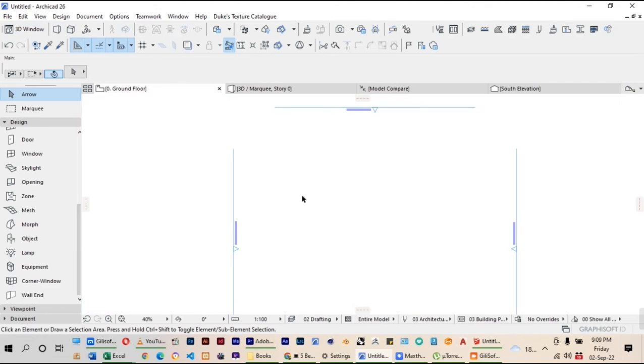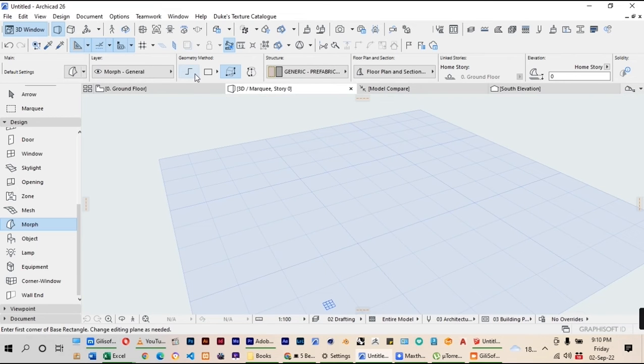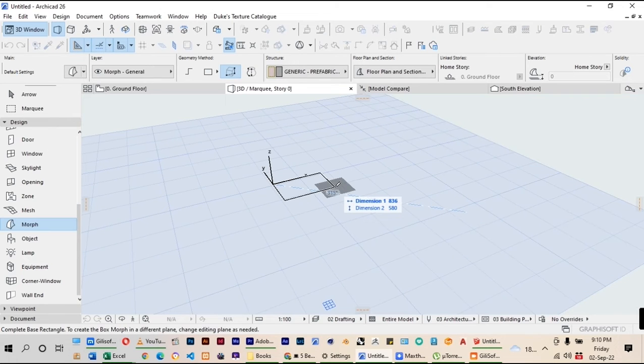What I'll use is the use of morph. Morph is a bit complicated, it's not as easy, but you can generate one single item without having to create two or three objects together. So go to morph and we create from 3D. We have the line work and then the box, which has a 3D, or you can do a revolve method and use the box type. Come here, input the sizes,